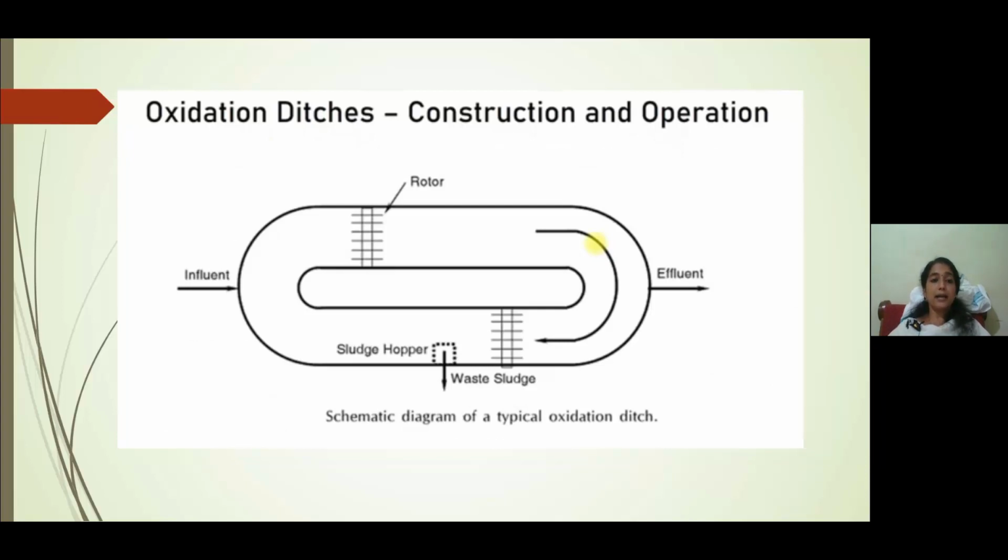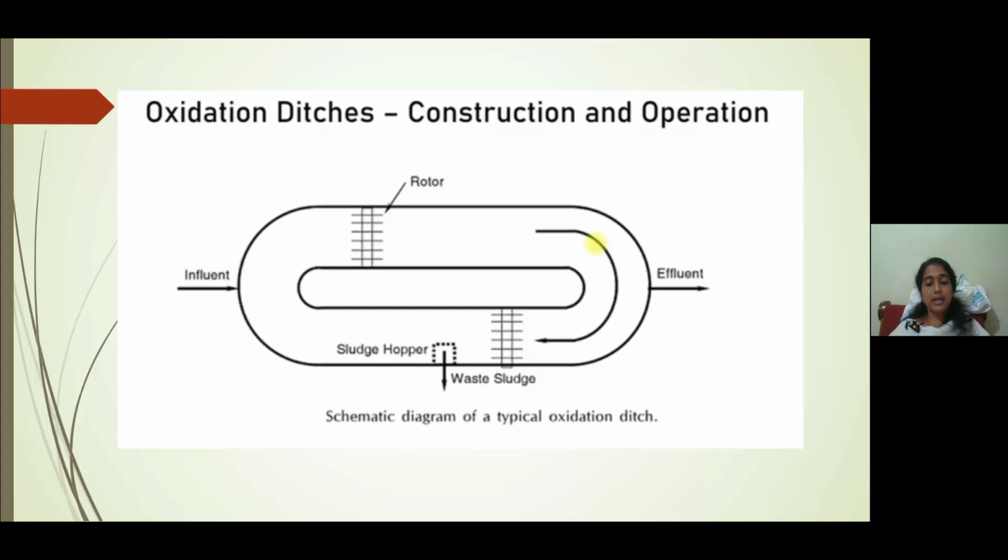This is the plan of an oxidation ditch. Here you can see the rotors are placed along the flow of the wastewater. The influent comes from one side, and the shape of the oxidation ditch is oval. Throughout the length of this process, the whole wastewater is mixed with air, and also mixed